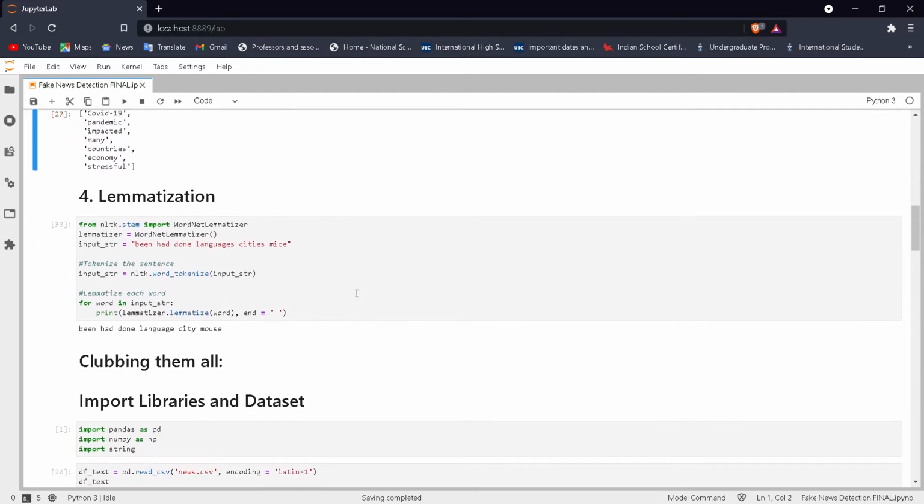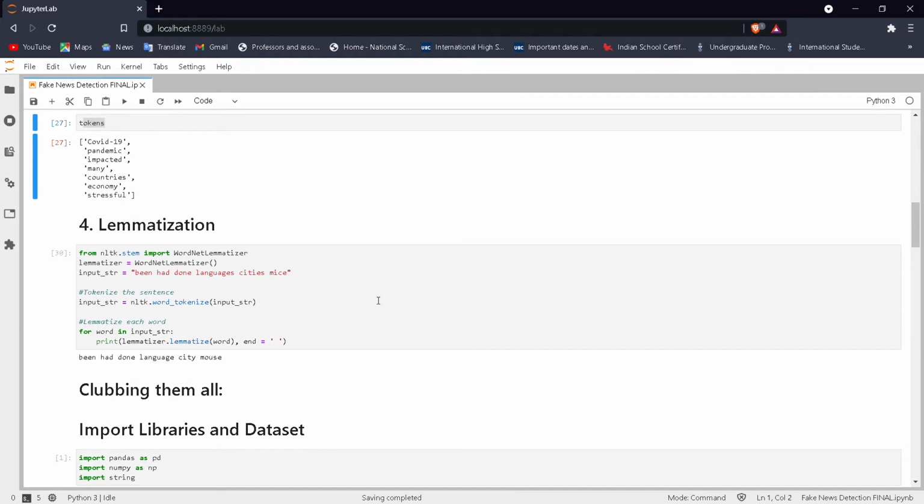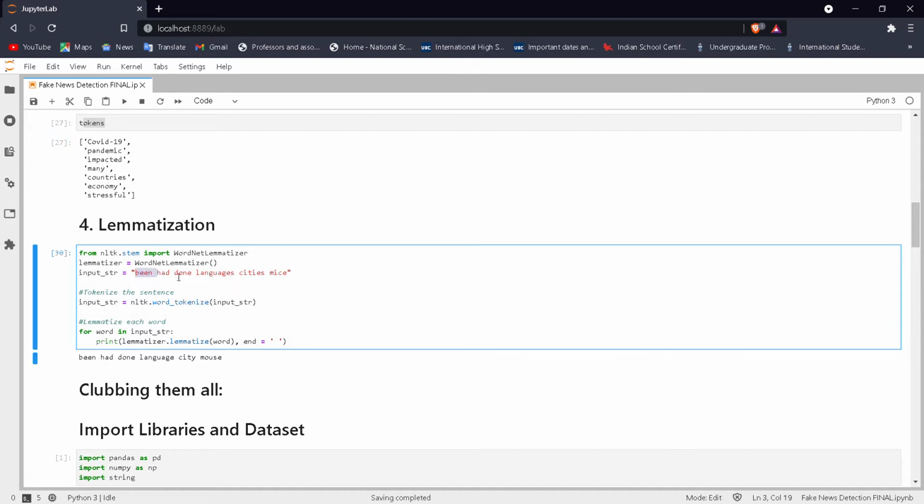So then we move on to lemmatization. Lemmatization is actually breaking down prefixes and suffixes of a word into its most simplistic word, having at least some semantic meaning in it. So this is actually an absurd sentence to consider, I know, but upon lemmatizing this particular sentence, we'll derive with